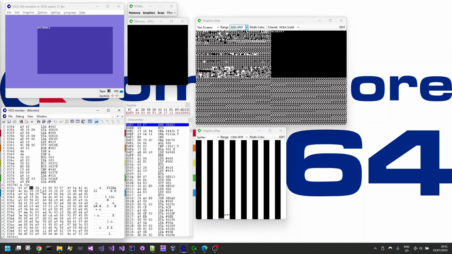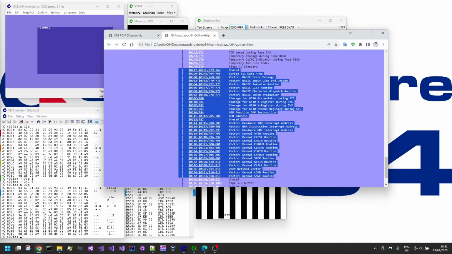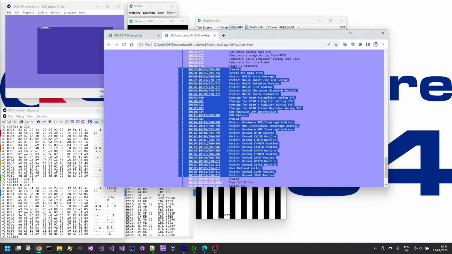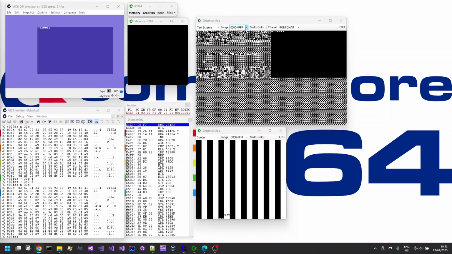We can tell the kernel, the basic part of the operating system, that we want to start executing our own code. We don't want to execute a basic stop routine or a basic line chain routine. If we want to load this incoming data and try to auto start the code, we can alter the start and end address in the tape buffer while it's displaying the file name, and tell it to load the data that would have gone over the vectors into, for example, the screen memory up at